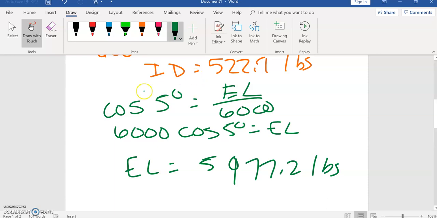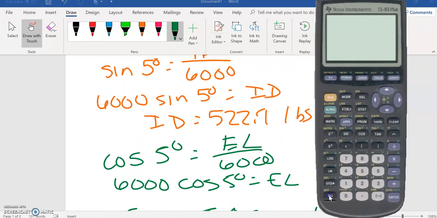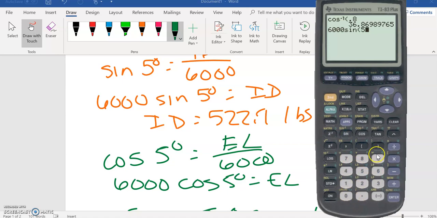Make sure everyone's got all their buttons found. So when I go to do this up here, first of all, make sure you are in degrees. I'm going to do 6,000 times the sine of 5, and that's my 522.9. And then down here, 6,000 times the cosine of 5. And there's my